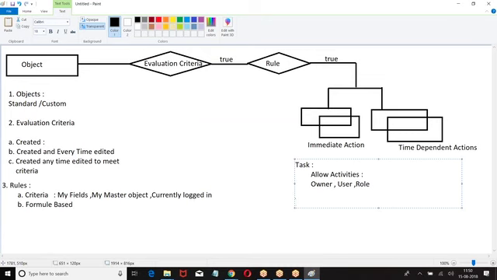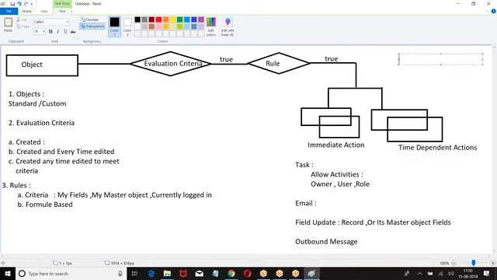Then we had email, sending the email notification. Then field update. Which field can we update? Fields of the record or its master object fields. So what is the last one? Outbound message.